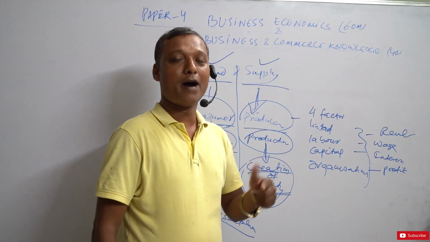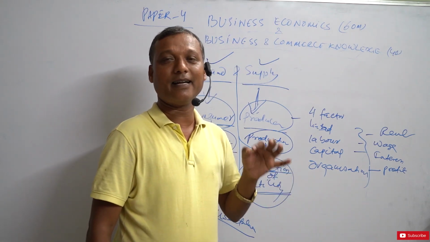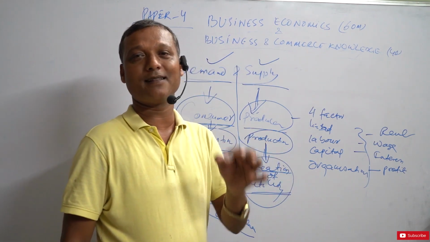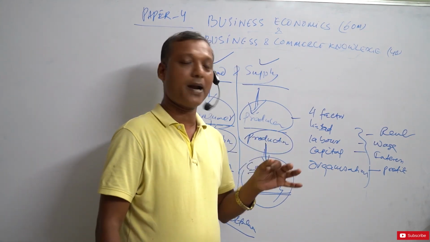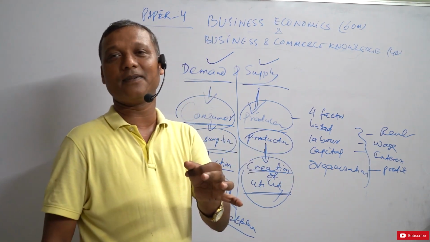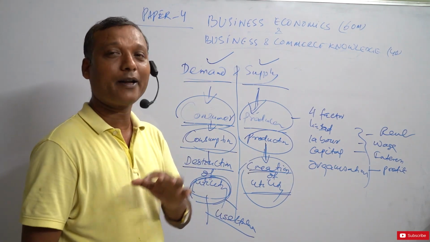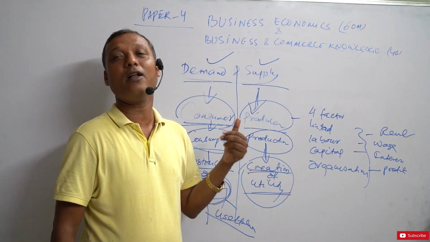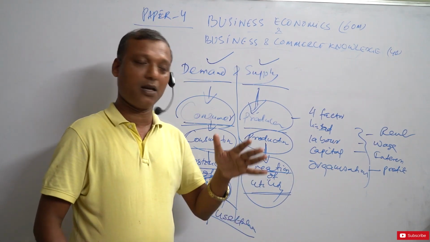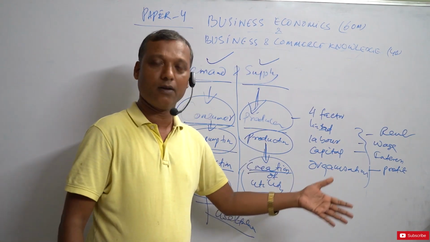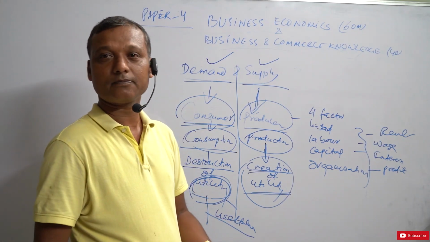So, if profit is available to the organization, it may be in plus, it may be in minus. What you are going to get depends on your innovation, on your risk-taking capacity, on your dynamic leadership. That is why all cannot be producers, but all can be consumers. You simply go walk on the road. You need a pair of shoes.